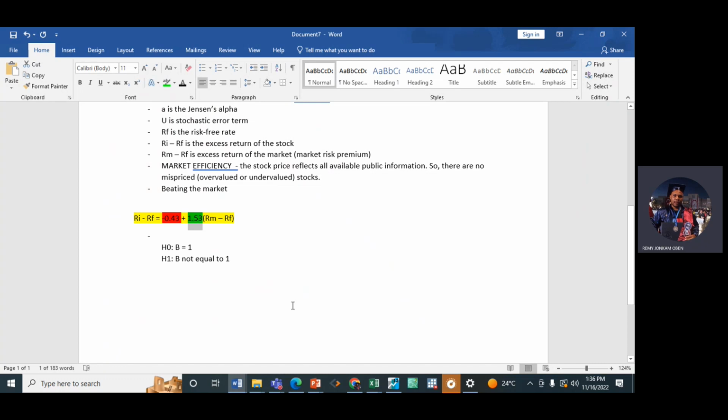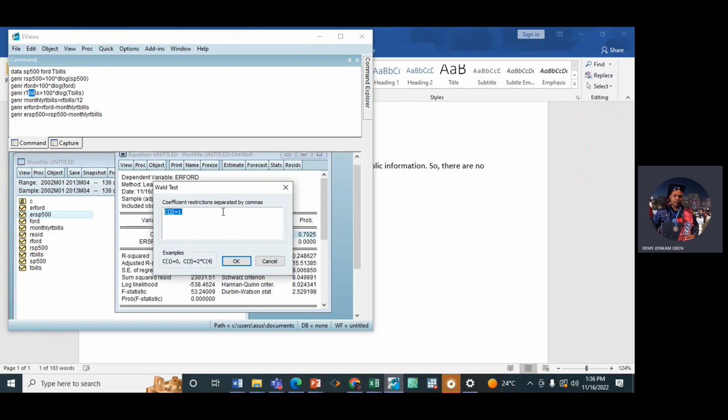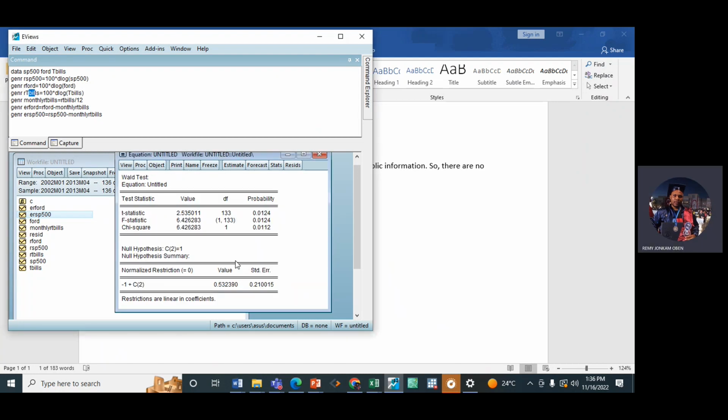By the way, is it understood? Do you understand? Okay. So once I put this restriction and I press OK, I have my results. I'm interested in checking the probability values. You can look at all these probability values, T statistic or F statistic or chi-square statistic. Most of the time they give the same results. So if you look at these probability values, you discover that